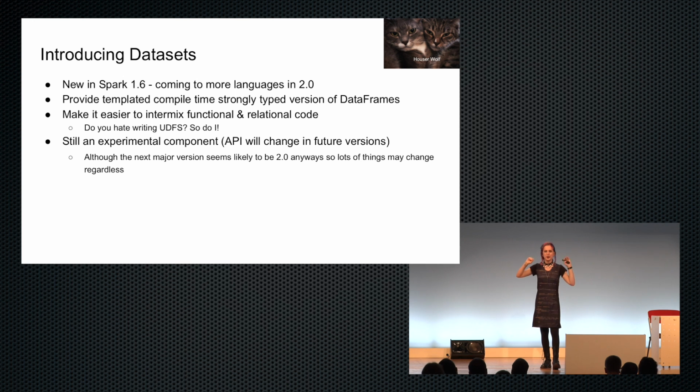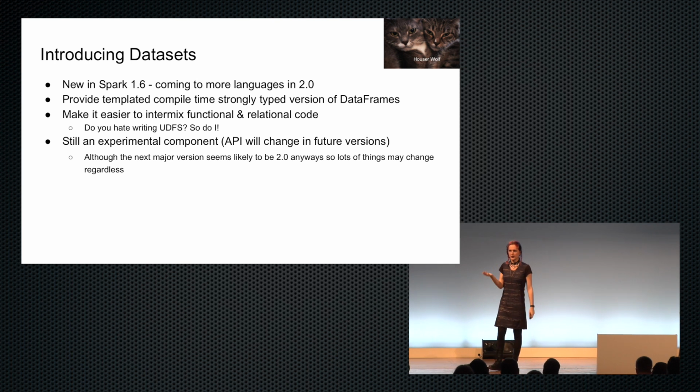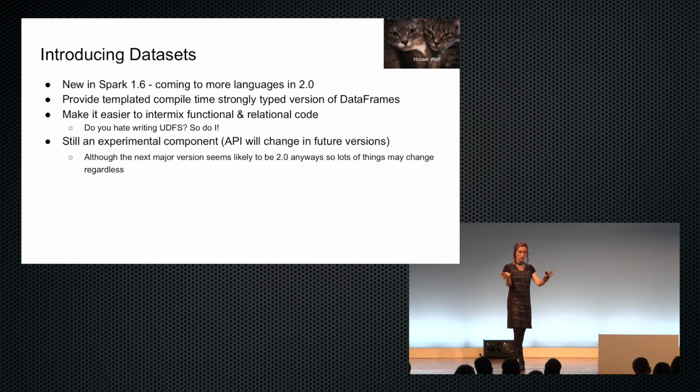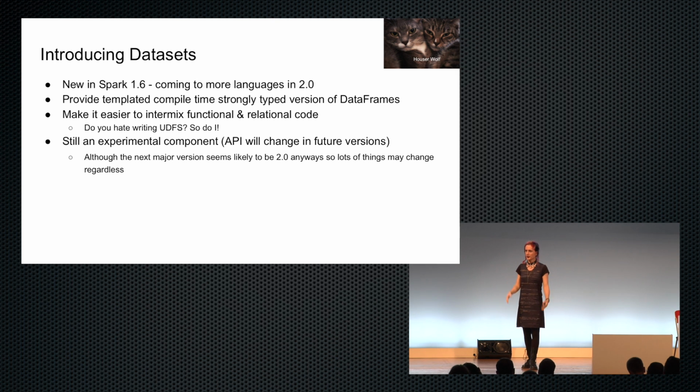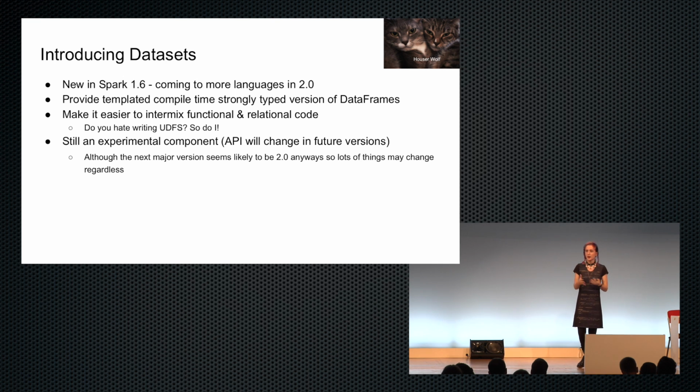How many people are using the Dataset API? 3. OK, cool. So this is exciting. I really like Spark SQL. I like data frames. But part of the reason why I like Scala is I actually really like strongly typed languages. And data frames are just this blob of data, which has runtime type information, which is useful, but not why I like Scala. And datasets actually give me compile time type information, among many other things. But I think the compile time type information is really, really important.